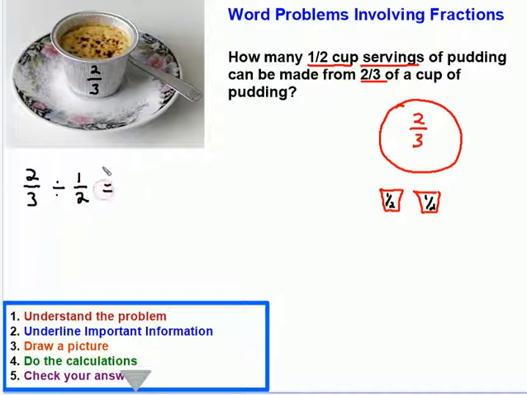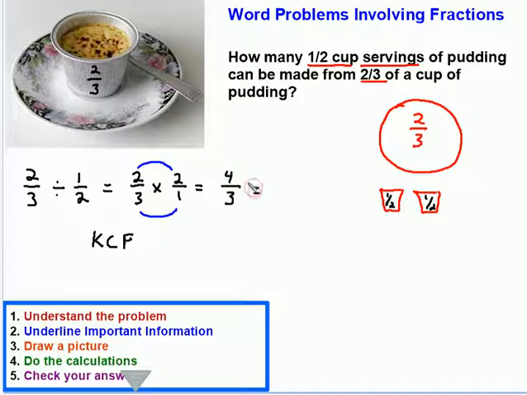Now, to do the calculation, we remember KCF, keep, change, flip. So we keep our first fraction, we change our division sign to multiplication, and we flip our second fraction from 1/2 to 2/1. And then we simply do multiplication. Multiply the top times the top, and the bottom times the bottom. That gives us